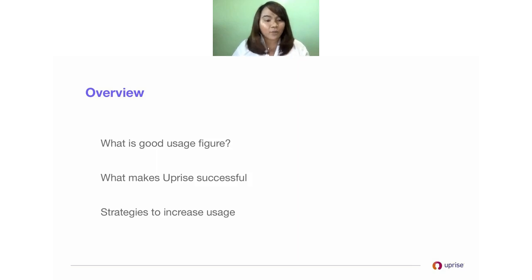So for today, what we're going to do is discuss these three objectives. First, what is a good usage figure? I'm pretty sure some of you are very curious about it. And then what makes Uprise successful to any organization as your EAP, and then strategies